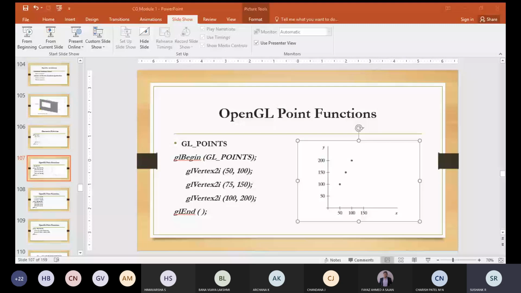And along with the suffix 2i that we studied, you are now using one more suffix called v. So v means a vector form for the coordinate specification, and you are passing the integer array as the parameter.